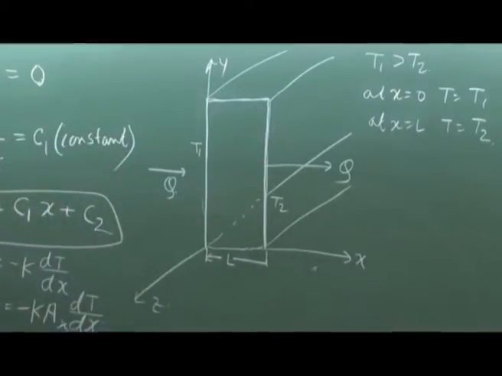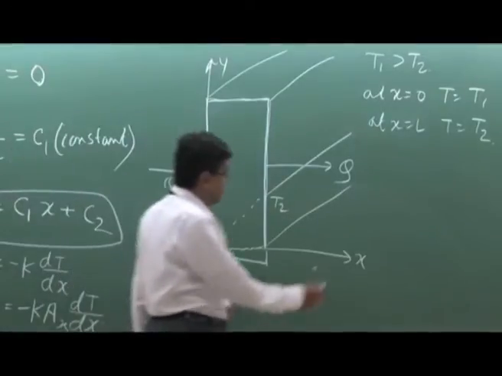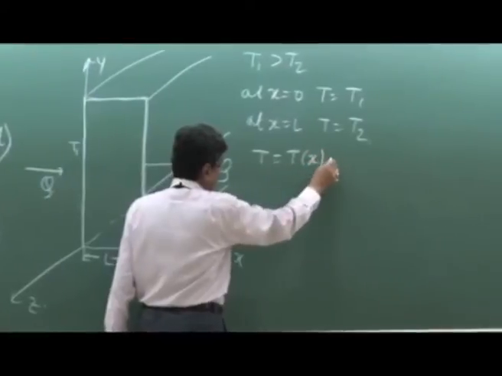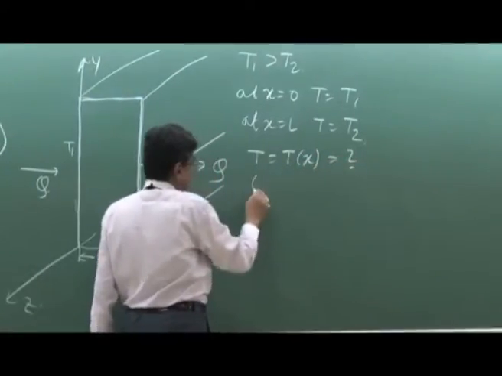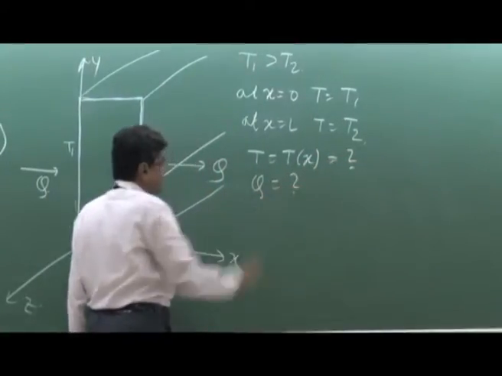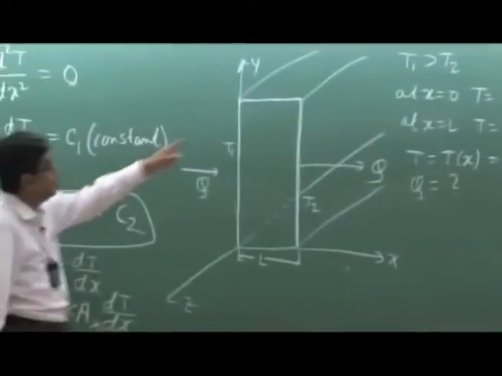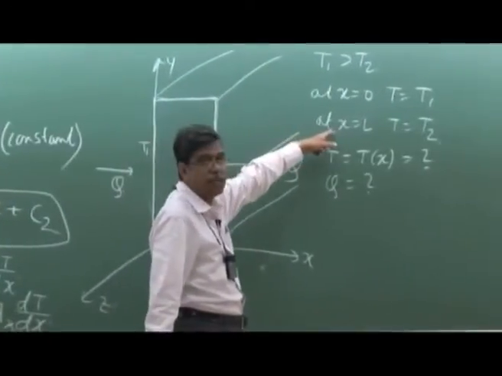What is the Q and what is the temperature distribution? So this is the most simple problem. What is the temperature distribution and what is the heat flux? Now temperature distribution will be found by finding out the C1 and C2 by using these boundary conditions, and you